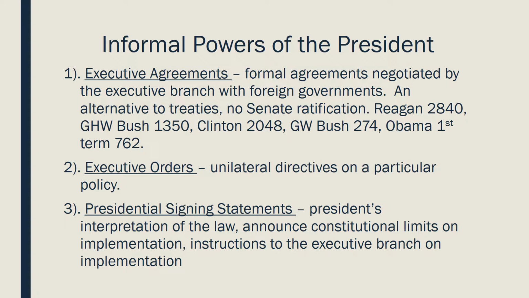One thing worth mentioning is the low number represented by President George W. Bush. It's not that the president put forward treaties to the Senate during that time rather than using his executive agreement power. But we see one of the characteristics in foreign policy of the second President Bush's administration, a more unilateral approach to foreign policy, that is going it alone rather than coming up with formal agreements with other nation states. And so that may account for that low number.